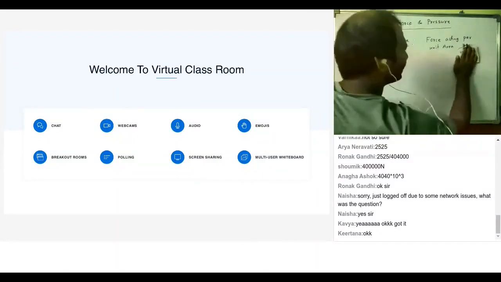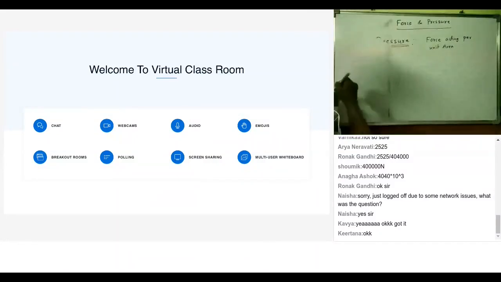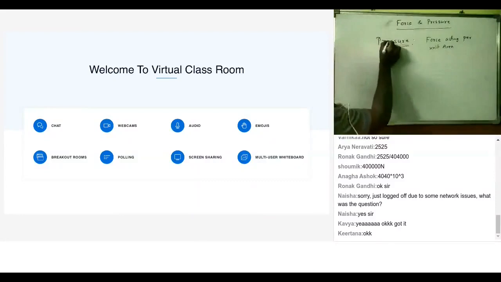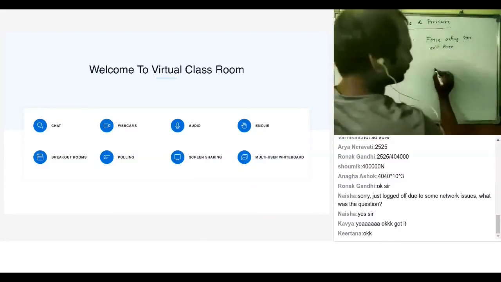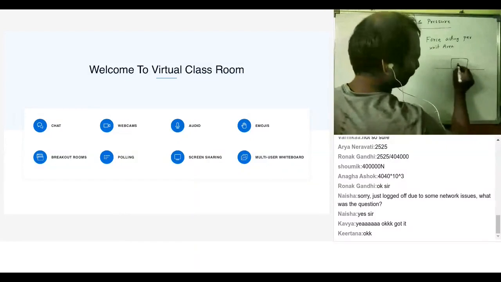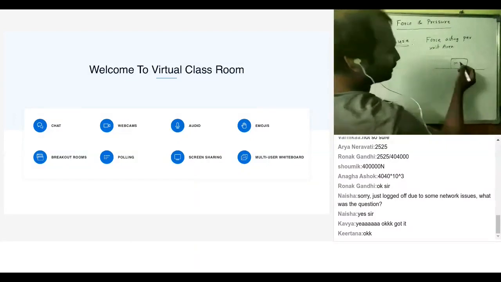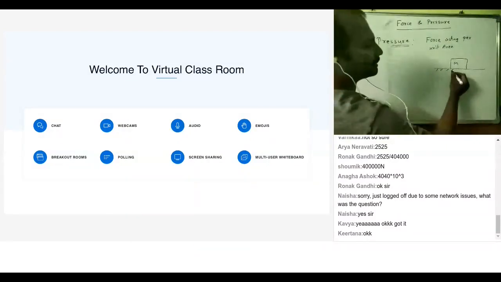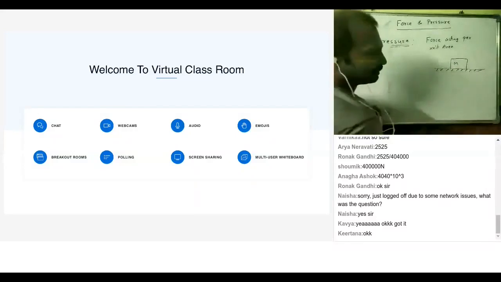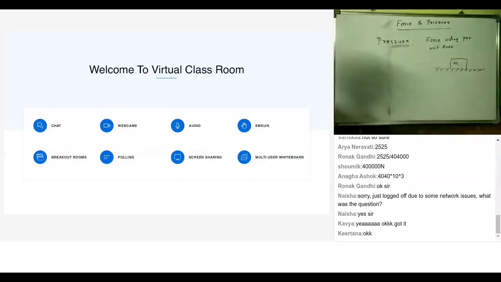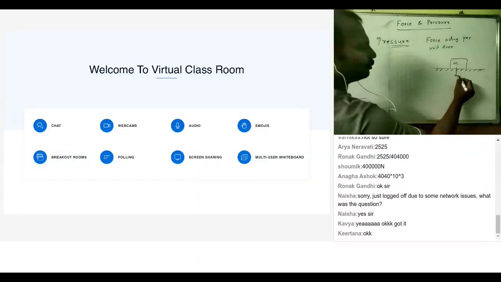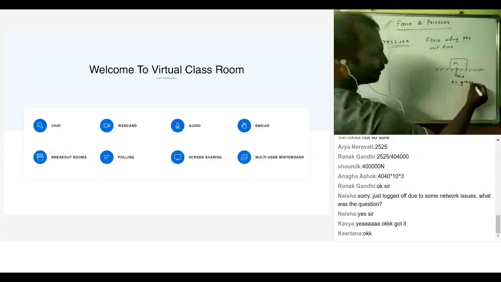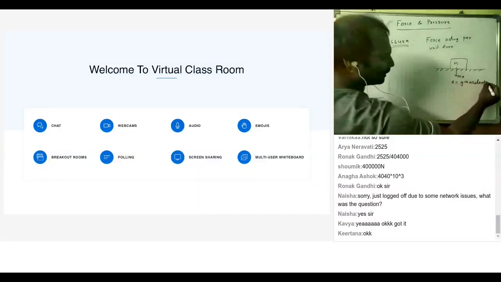Now let's go for other simple examples which will make things clearer to us, right? So let's say I have a mass M, and I'm keeping this mass M on the surface of Earth. Then what is the force with which this mass is pushing the ground down? It is pushing with a force M into A. What is acceleration? I can write G, which is the acceleration due to gravity.